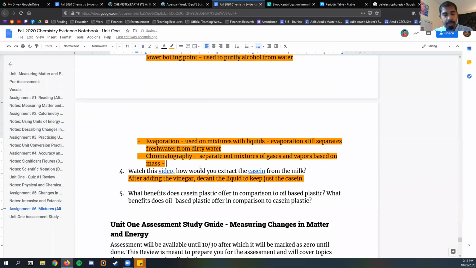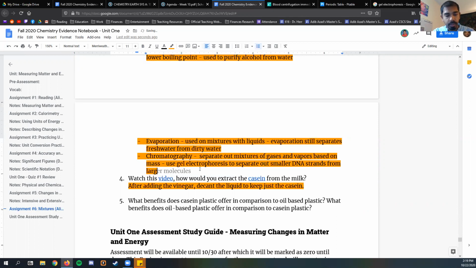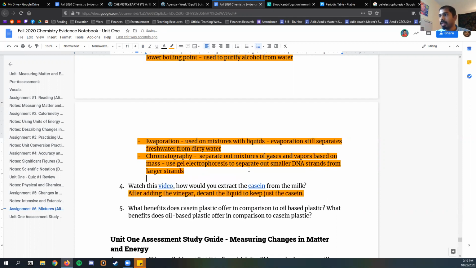And so the example for this would be to use gel electrophoresis to separate out smaller DNA strands from larger strands. Okay. And then for the last one, we watched a video, and this is the video that I really, really